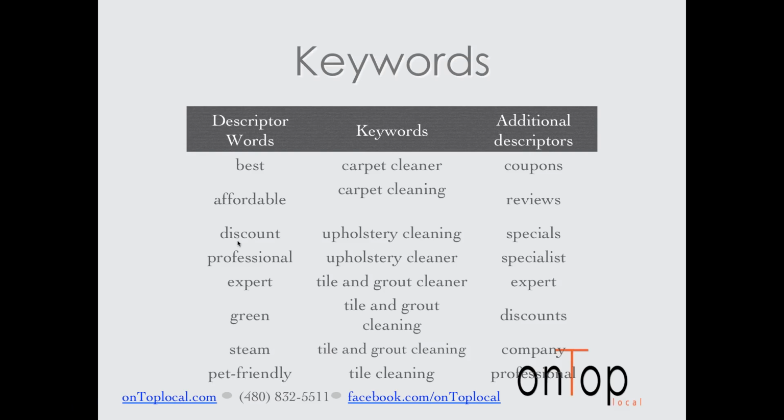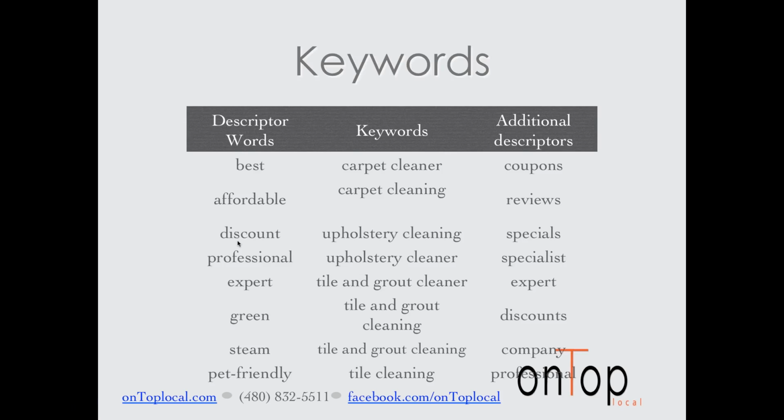So for example, we've got best, affordable, discount, professional, expert, green, steam, pet friendly. Those are all descriptor keywords. All they're doing is further describing and narrowing down my main keywords. And then on the back end, we have